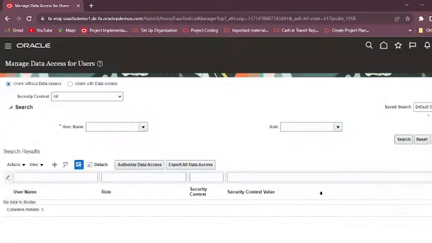Click on save and close. So we have provided the data access to Mansi for general ledger roles at Indian primary ledger,